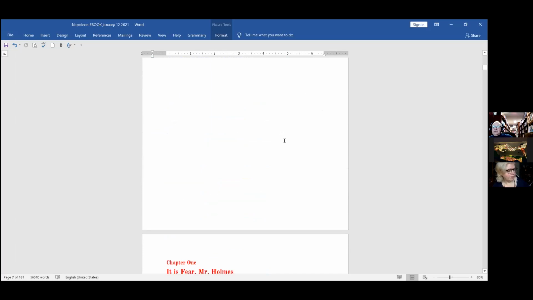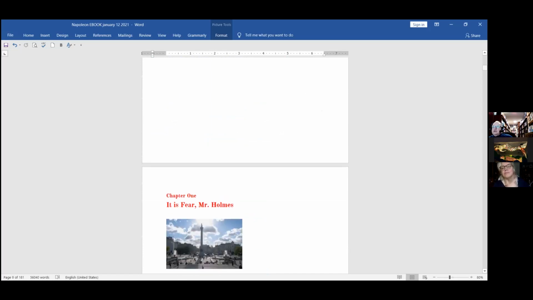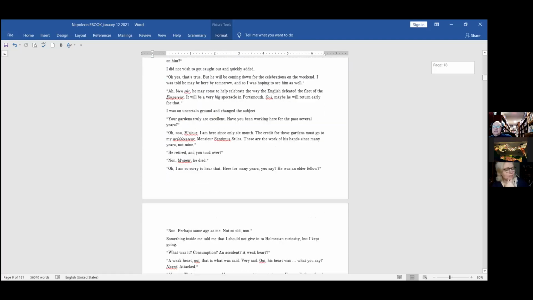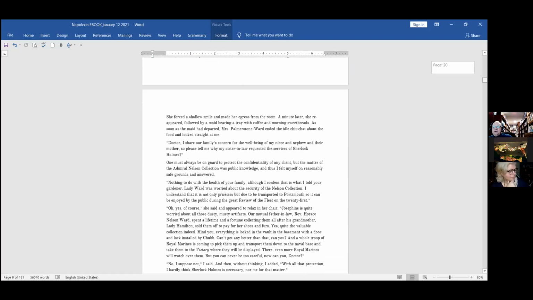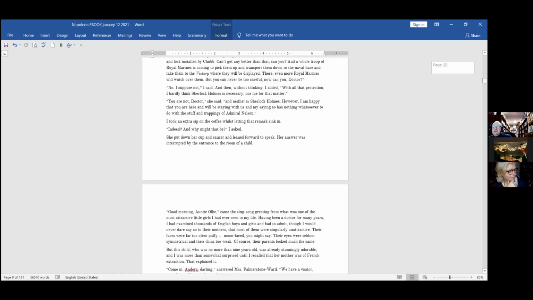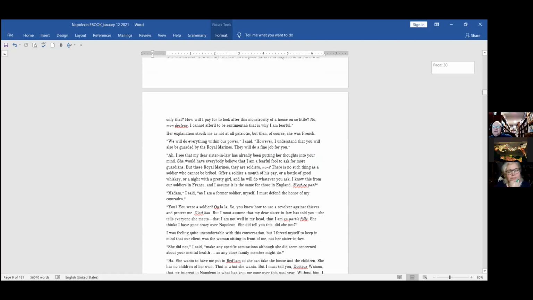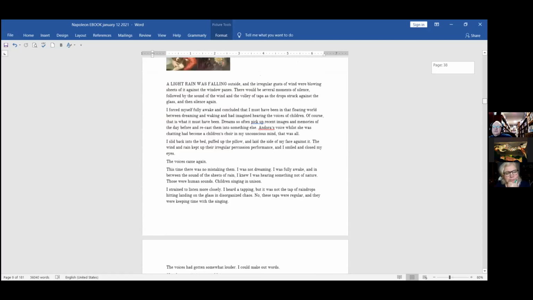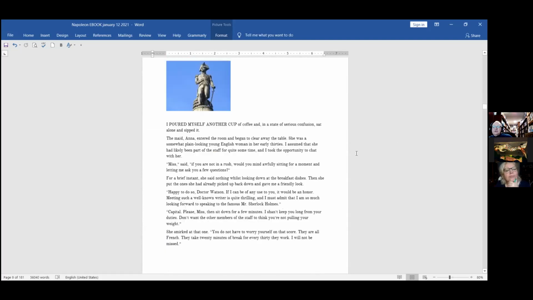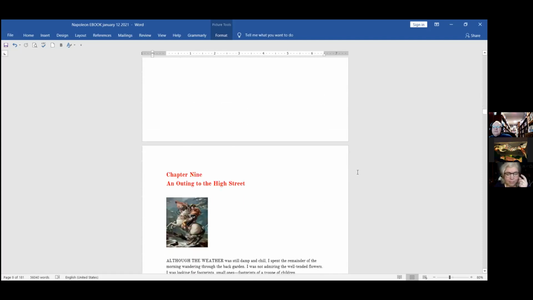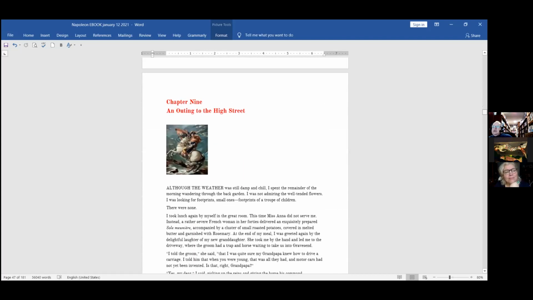Then we go through the story, and I'm just going to scroll down, and you're going to see the pages go past. One of the nice things about ebooks is you can put in color pictures for no additional charge. And here we go, now we're working our way through the story. Pictures of Nelson, pictures of Napoleon, pictures of Sherlock. But when we get to the end of the story,